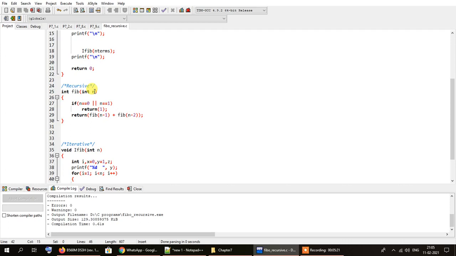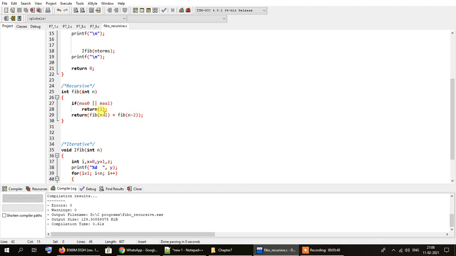For the sake of this example, let us take the value of n as 8. Obviously n is not equal to 0 or 1, because the initial value of n is 8. So it will move on to the return line, and it will evaluate 8 minus 1, that is 7, and 8 minus 2, that is 6.